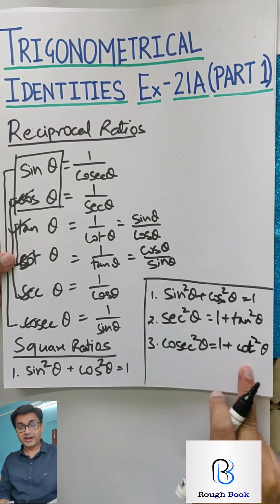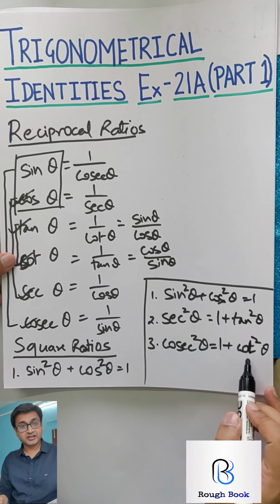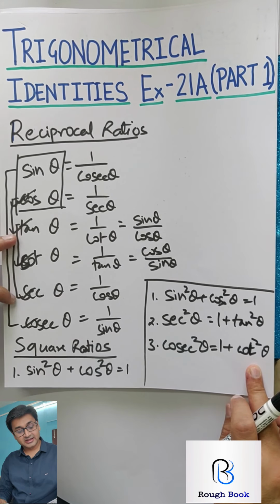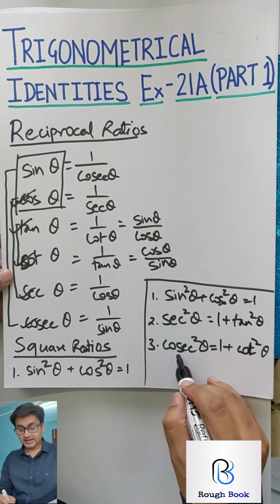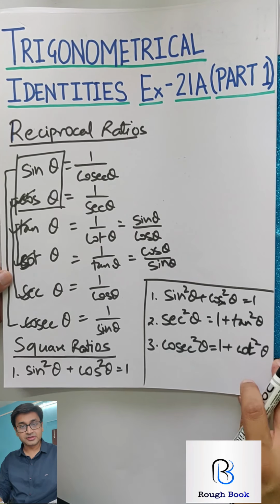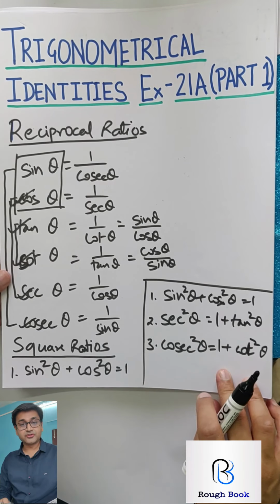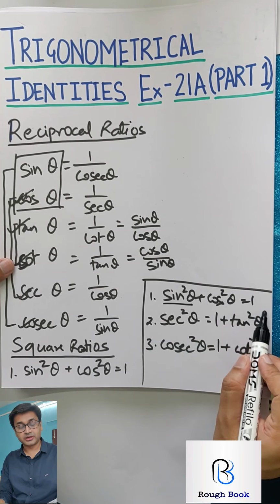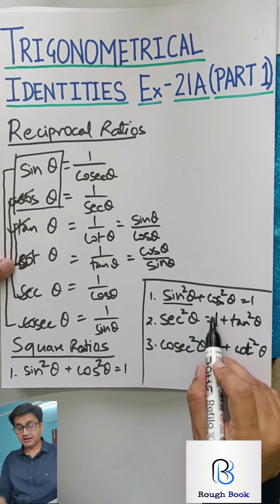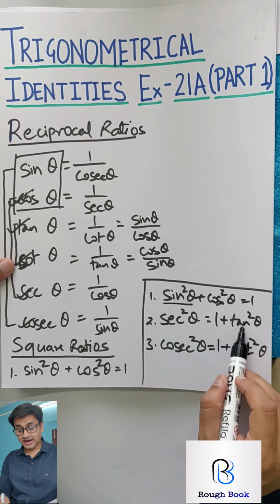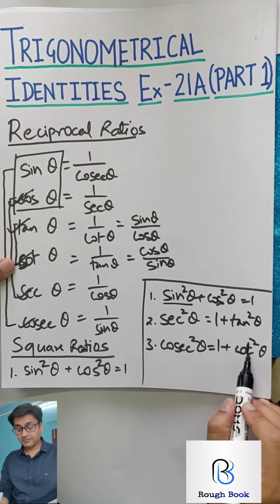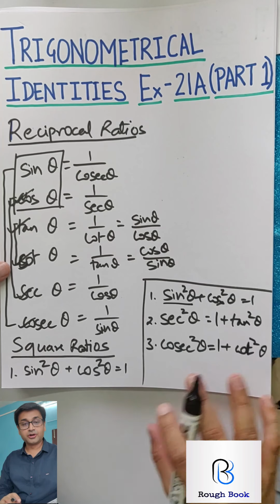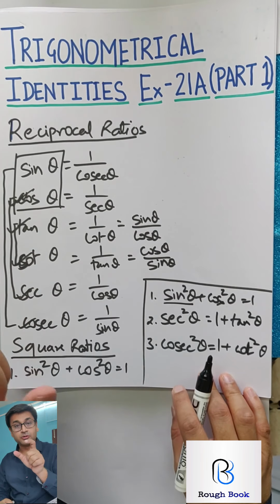Now these are all square ratios, so you can notice in each of the ratios there is a square. So first sine and cos, then sec and tan, and then cosec and cot. Can you see the positions? That's how you can remember. We can use each of them in two more ways. For example, I can say sine square is equal to 1 minus cos square, or I can say sec square minus tan square equals to 1, or cosec square minus cot square is equal to 1. So there are different ways by which you can use this in order to prove your left hand side is equal to right hand side.